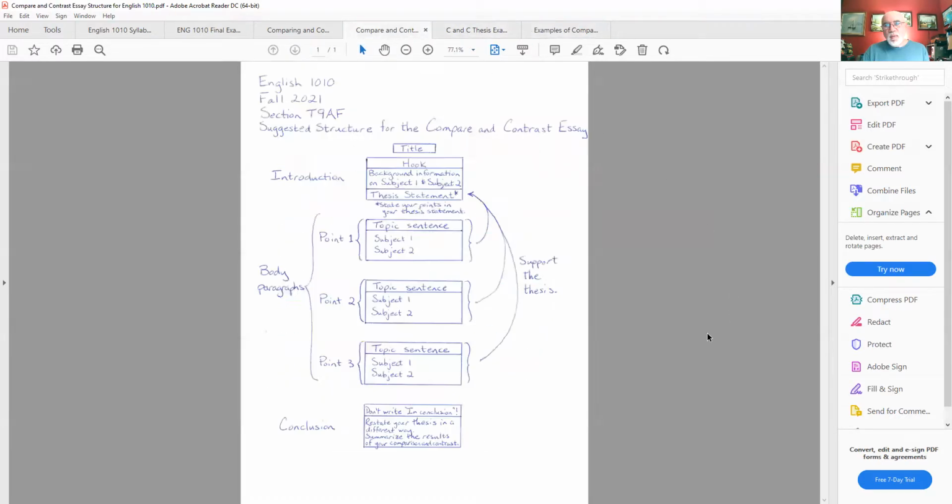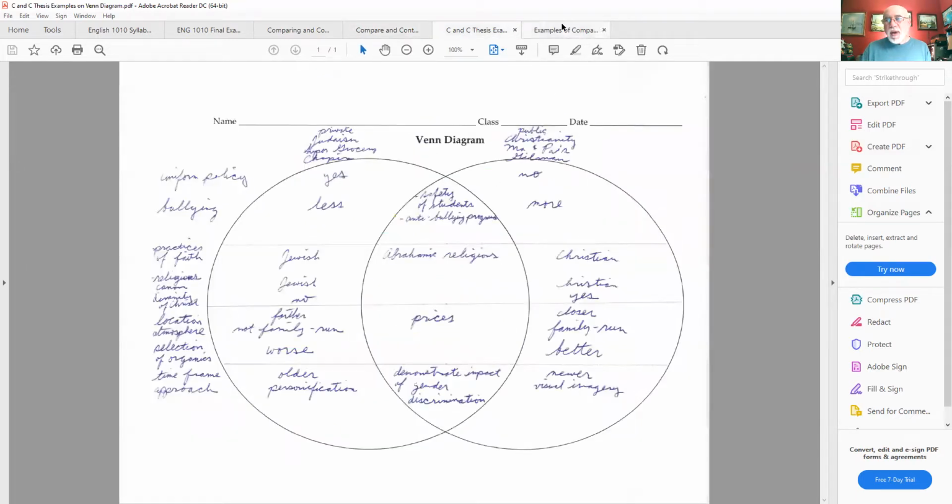When you do that and you clearly recognize your three points that you're going to discuss in your essay, then it makes it much easier to write a topic sentence and to write your three paragraphs because they're more focused. In this case, again, he had one more than I'm asking for. He would have one paragraph about the prices, how they're similar. Then a paragraph about the location, a paragraph about the atmosphere. For us, that would be enough.